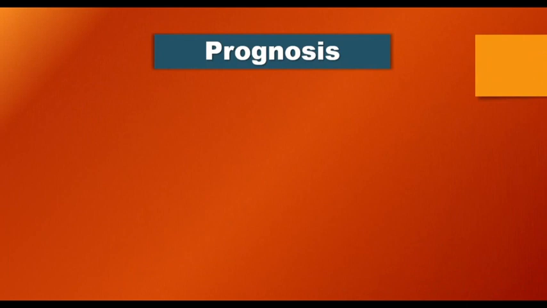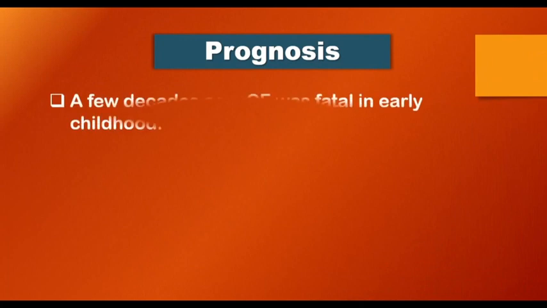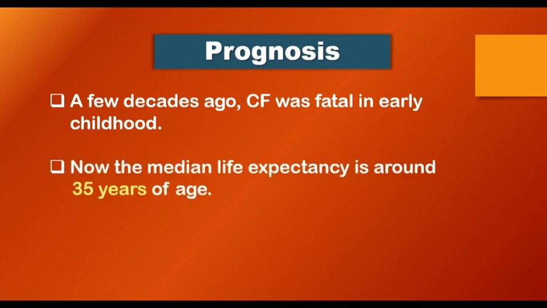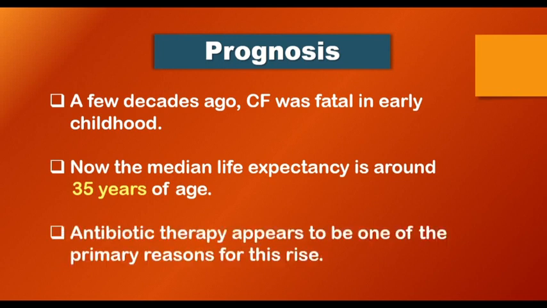And finally, we will talk about the prognosis of cystic fibrosis. A few decades ago, cystic fibrosis was fatal early in childhood. But nowadays, the median life expectancy is around 35 years of age. So, what makes the difference? This is due to antibiotic therapy, which appears to be one of the primary reasons for this rise, because you see here the chronic